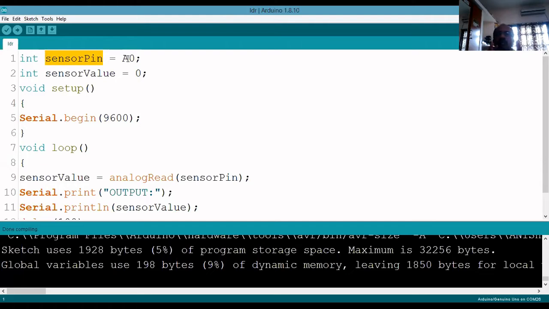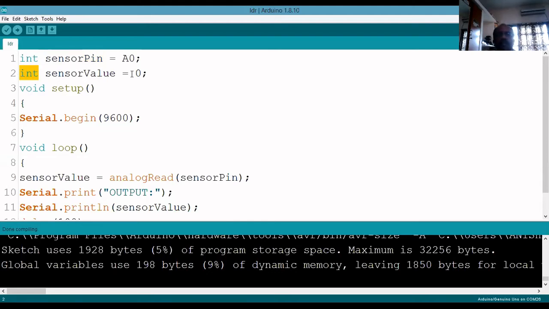So here I am using the integer data type. I am mentioning it as an integer, so it is a variable where the value will change. If it is a constant value, I can put it as constant integer. But here the value will get changed, so I am putting it as integer. Next, integer is called a data type.